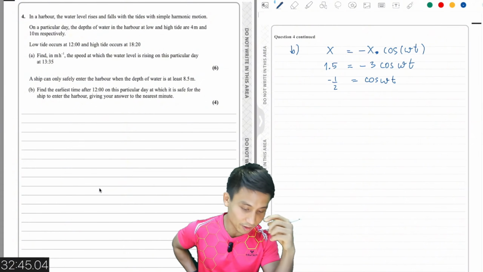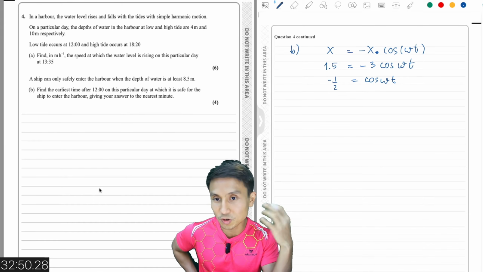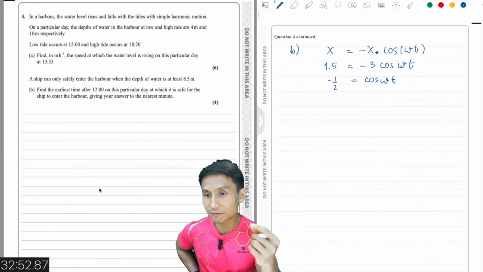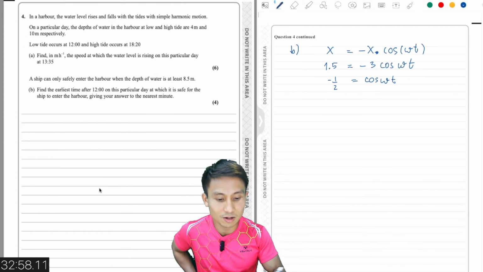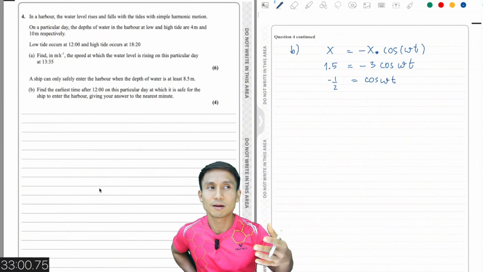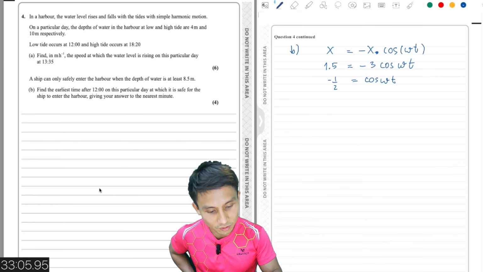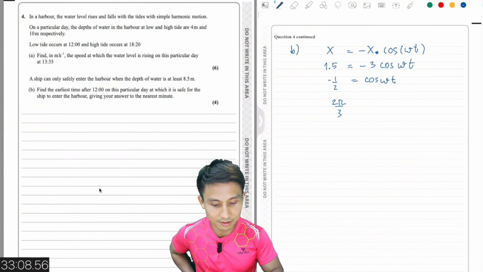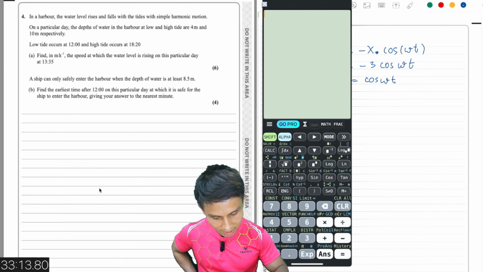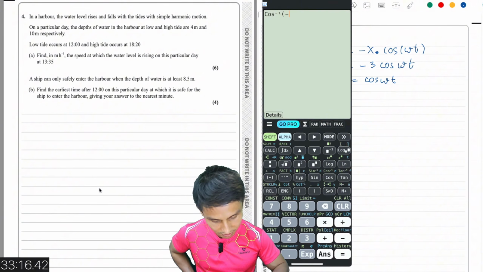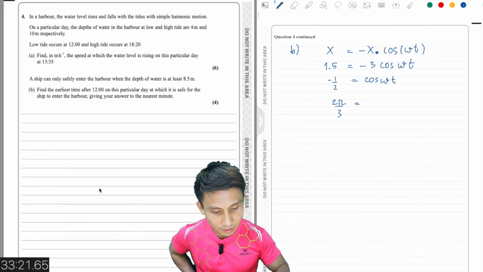I'm just going to solve for the angle first. If you use the pure math knowledge here, you solve for the negative cos, you should get an obtuse angle. So if you just do a calculator there, arc cos minus 1 over 2, you're going to get, I believe, 2 pi over 3. So 2 pi over 3 here. Let me check that, in radians, arc cos minus 0.5, yeah, 2 pi over 3. And then that will be equal to